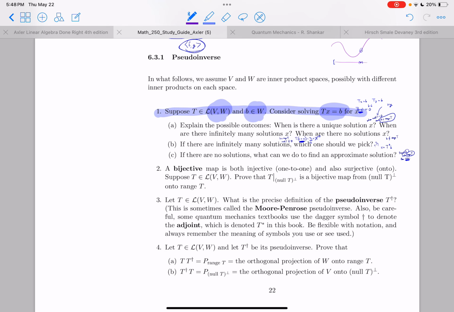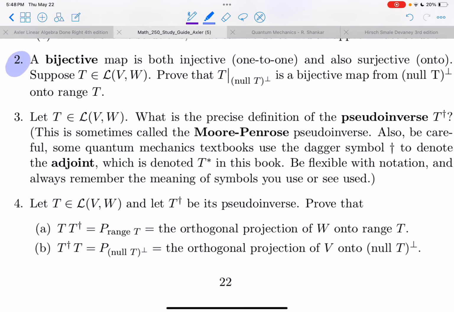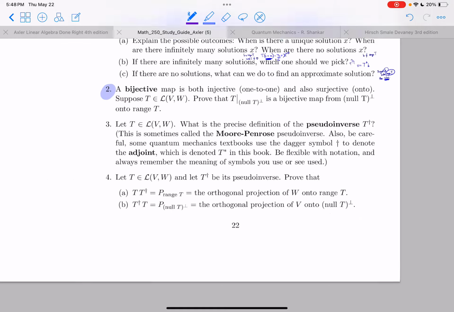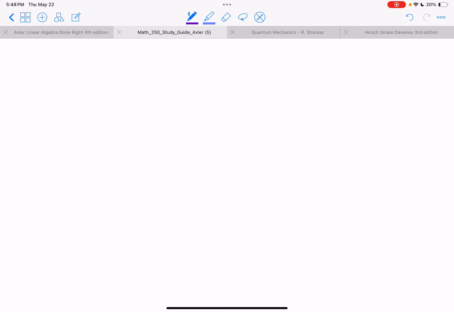Okay, hi everyone. So let's start with looking at number 2. So what is going on here? I need to give you some context. Anytime you have a linear map from a vector space to another, you should immediately think